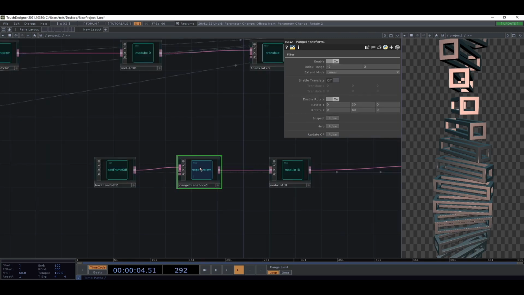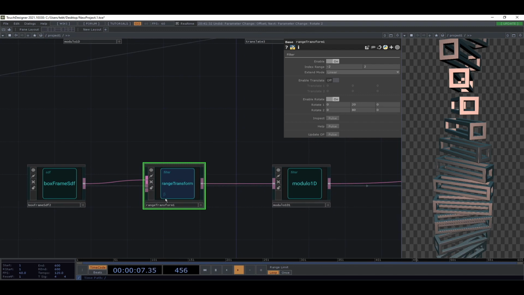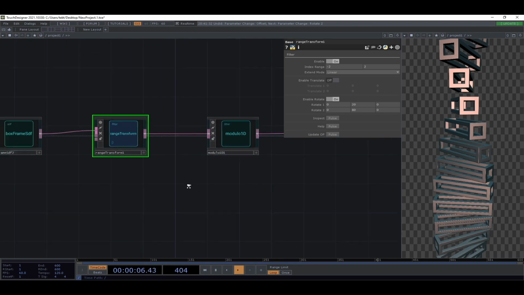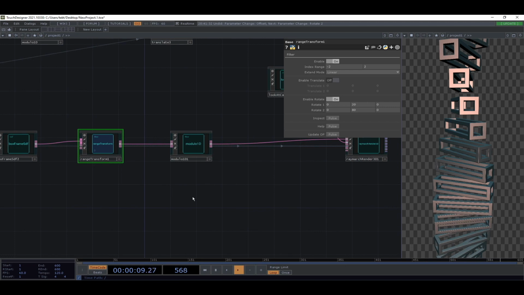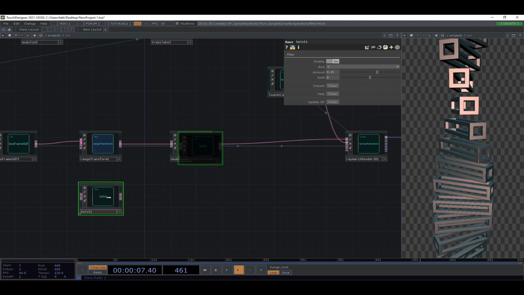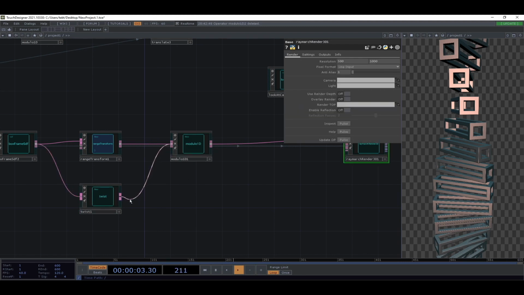So this is using the range transform to apply different amounts of rotation to each different slice of space that's coming out of this Modulo 1D. And you may be thinking about the twist operator and how it's kind of similar to this. We're now going to show the ways that it is a little bit different. So I'm going to create a twist, connect it up to that same box frame one. So if you swap that in here,